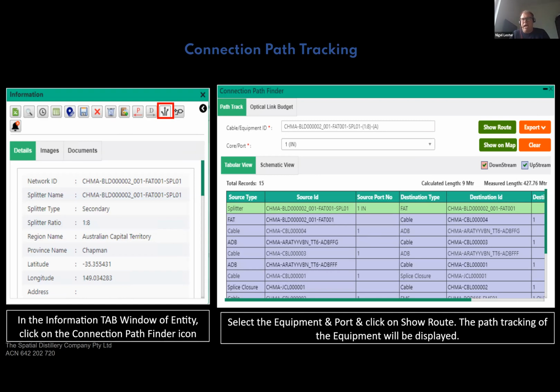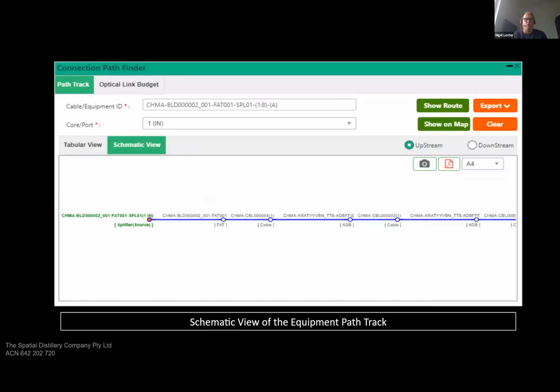You can display that on the map. You can get a tabular view that you can output to CSV or Excel as reports, and you can also view that as a schematic, as you can see here, that basically just shows you end to end all of the equipment that's connected across that particular port or core.